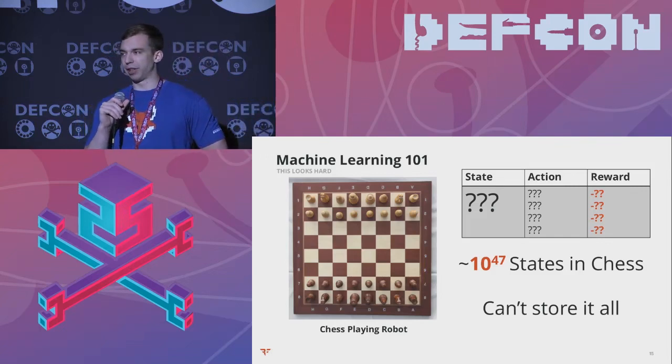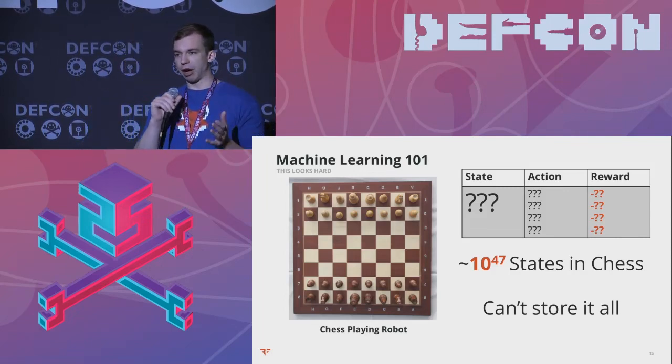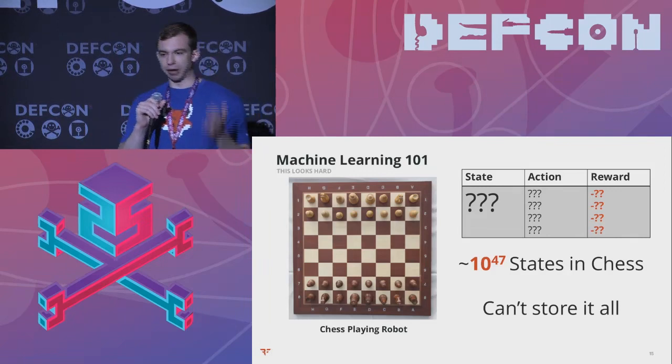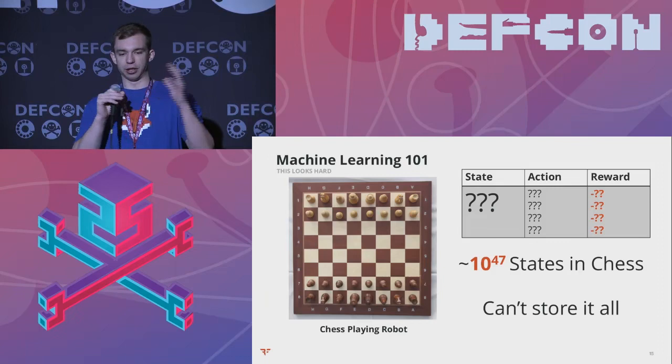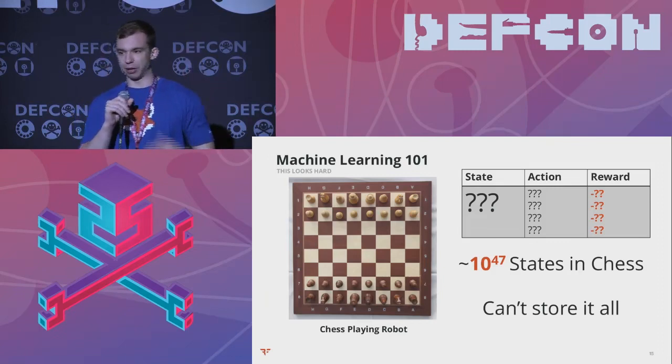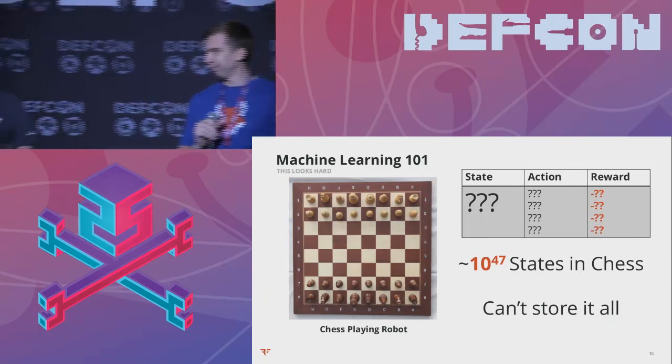So one of the key things we're going to try to do is scale down the idea. We're still going to keep the idea of choosing random actions, figuring out if it was good or bad, and recording that, but we're going to want to scale it down so we can explore state without having to store the entire game in our computer at the same time. Yeah, we have pretty beefy computers, but they can't hold all that.